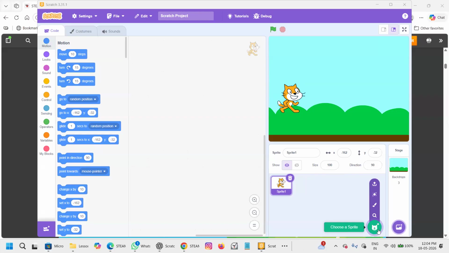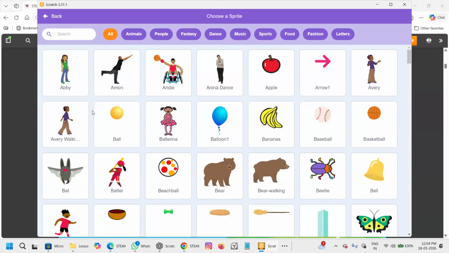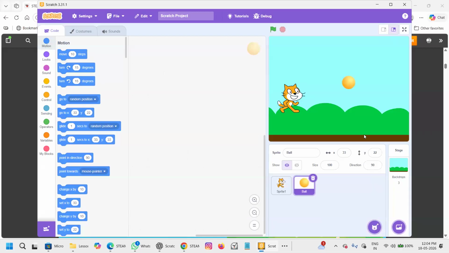Now you can see the sprite over here. Choose a sprite. It is written in green color. When I click on this, I find many pictures which are called the characters, which are called the sprites. You can select any of them. And I want to choose a ball because I want to say the cat wants to play with the ball.